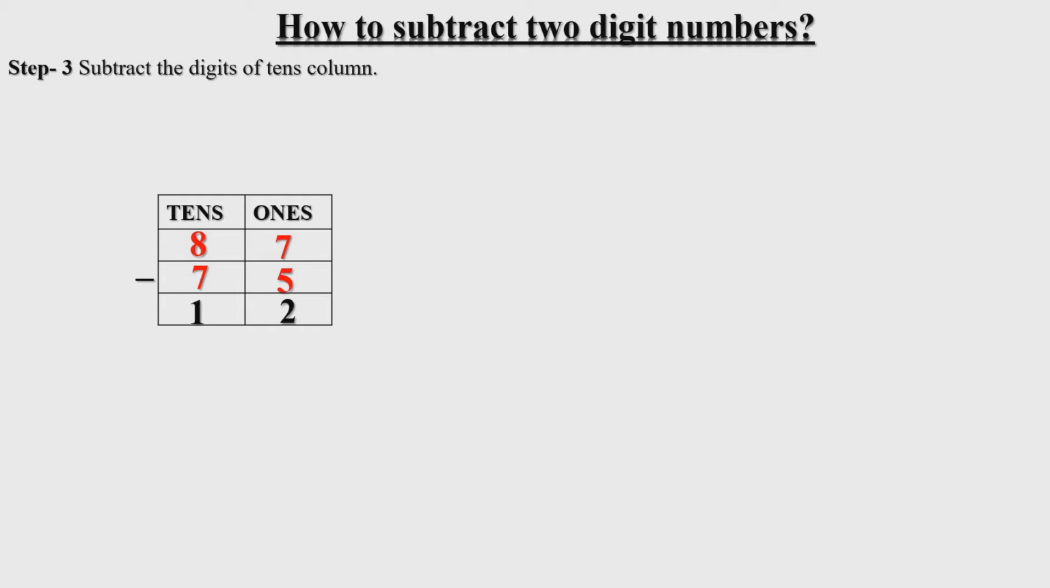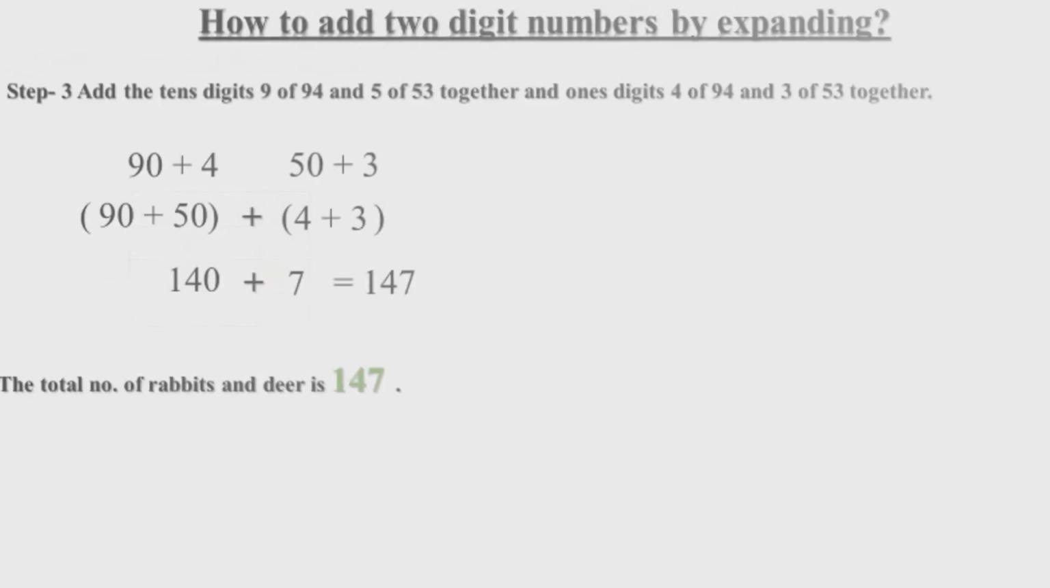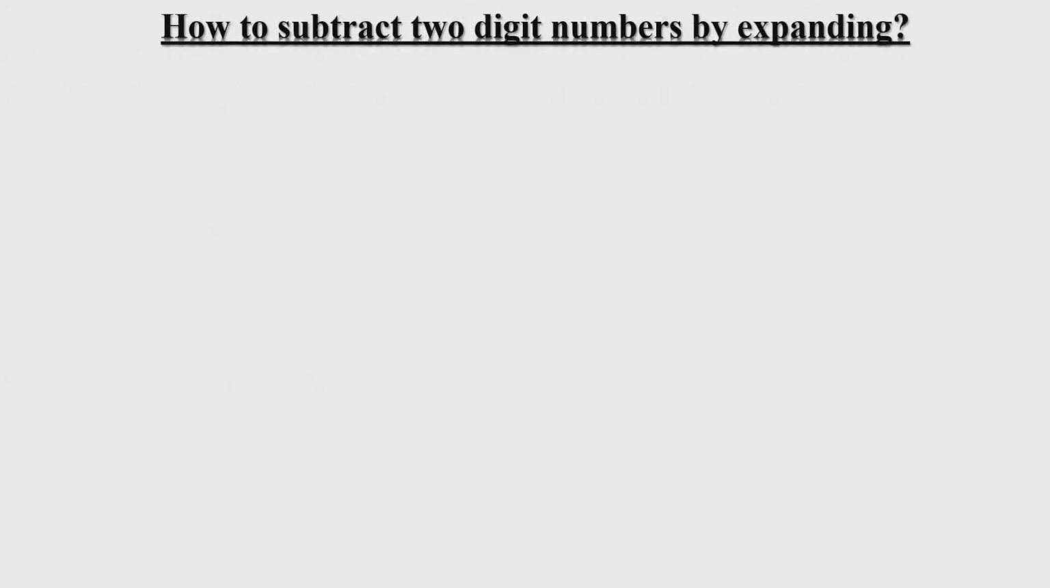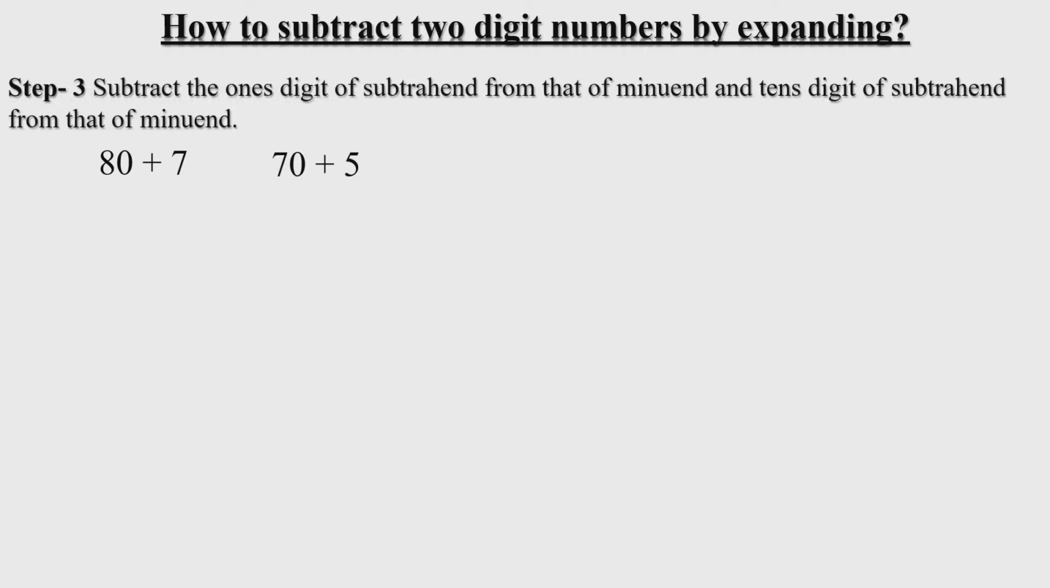As in the previous video, we had learned how to add two-digit numbers by expanding. Let's subtract also by expanding stepwise. As we have two numbers, 87 and 75, step 1 is write 87 in expanded form. That is 80 plus 7. Step 2. Write 75 in expanded form. That is 70 plus 5. Step 3. Subtract the ones digit of subtrahend from that of minuend and tens digit of subtrahend from that of